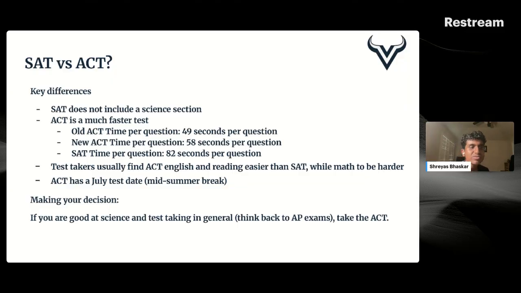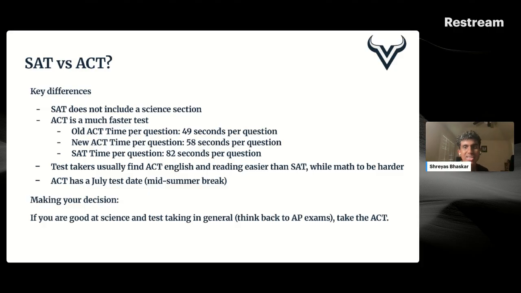So now a lot of you might be thinking, why should I take the ACT? We take the PSAT at school. Won't it just be easier to take the SAT? Now, obviously, that's a good way of thinking, right? You have the PSAT, which will prepare you for the SAT. But say you didn't do very well on the SAT and you don't really know why. Now, let's look at the key differences, which might explain that discrepancy.